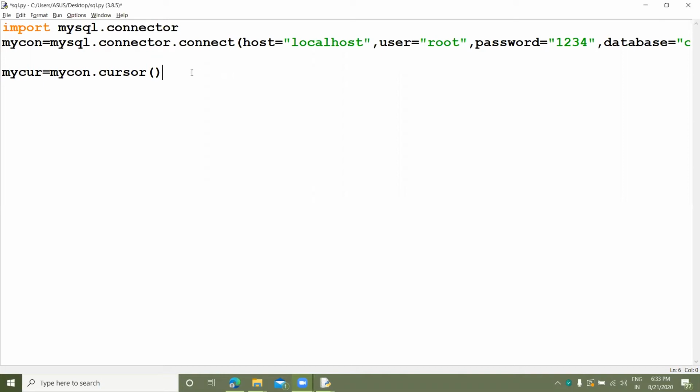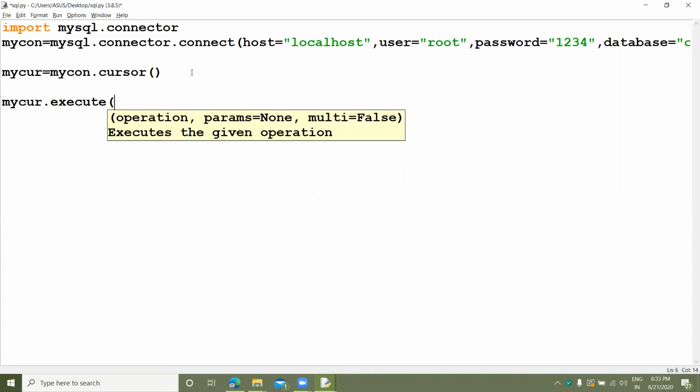So mycursor.execute delete from student where address equals to Varanasi.